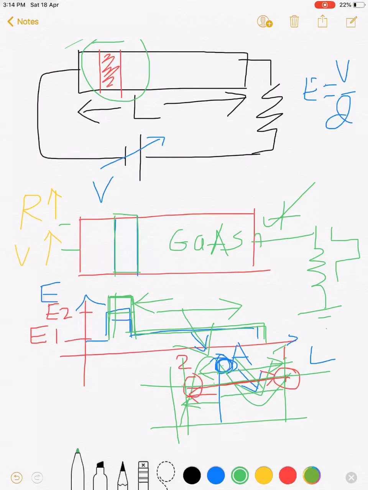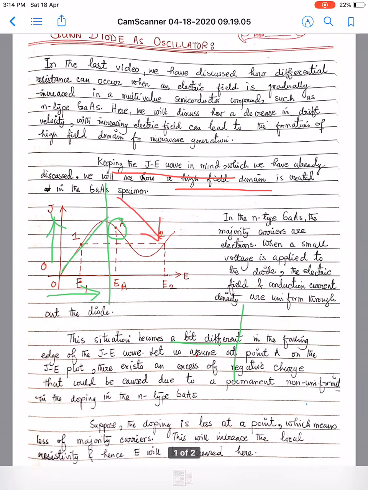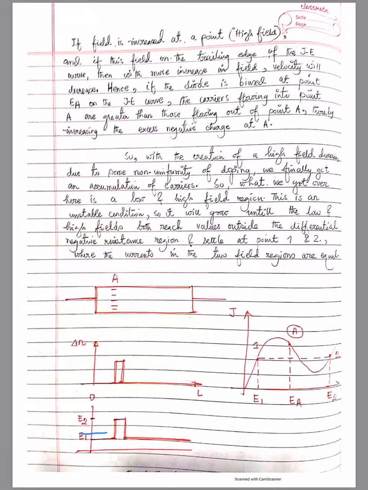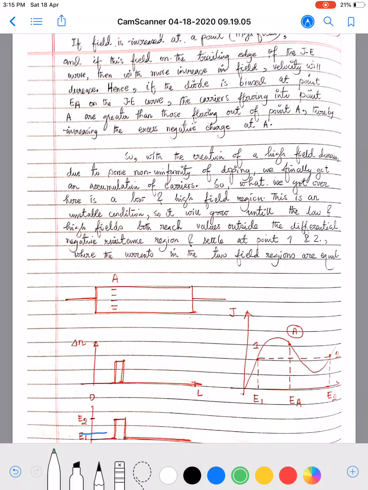Now let us get back to the original slide. Suppose the doping is less at a point, which we have already talked about, which means less of majority carriers. This will increase the local resistivity and hence intensity will be increased over here, that we have already discussed. If the field is increased at a point to a high field, and if this field is on the trailing edge of the J-E curve, that is the trailing edge of the J-E curve,